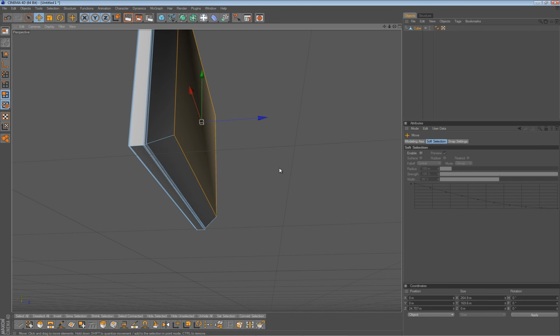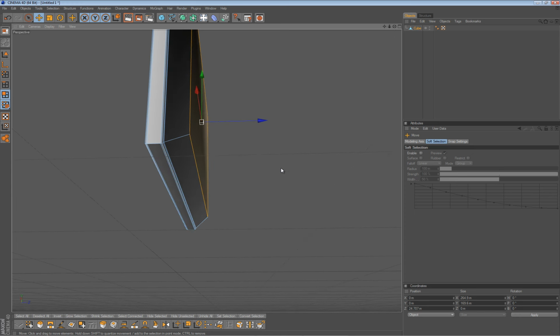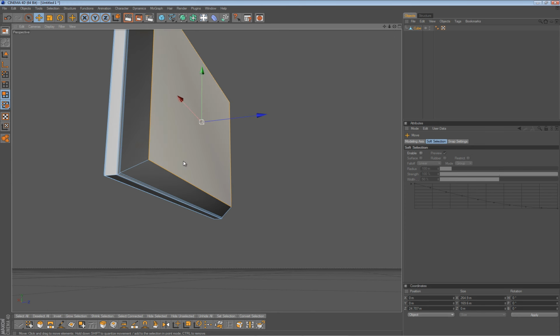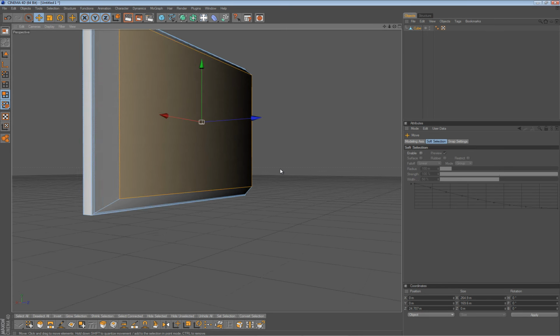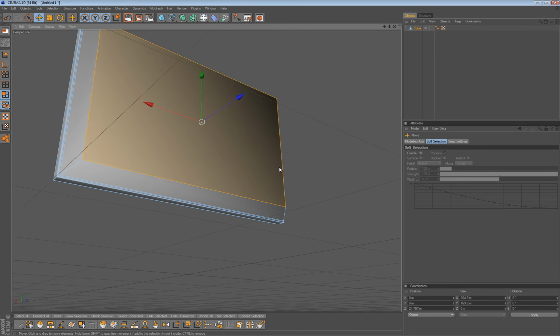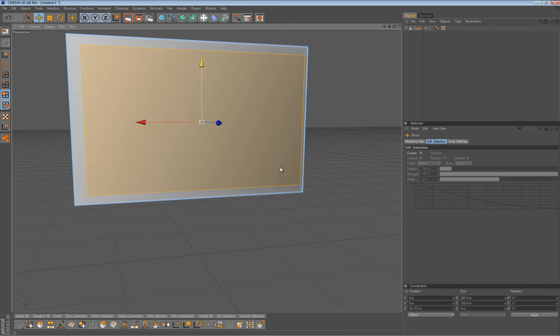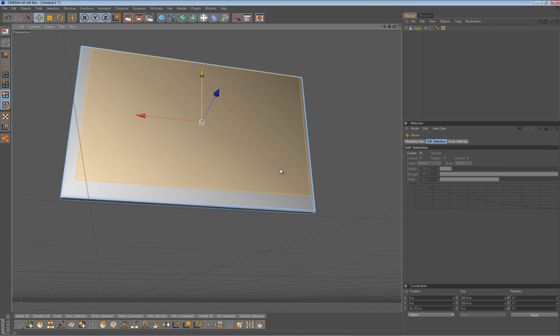This screen would probably have to have a stand. So you can model the stand separately, but you could also model it from this part to make it be one model. Okay, what I will actually do, I will select my knife tool, I will deselect all, Ctrl Shift A, and